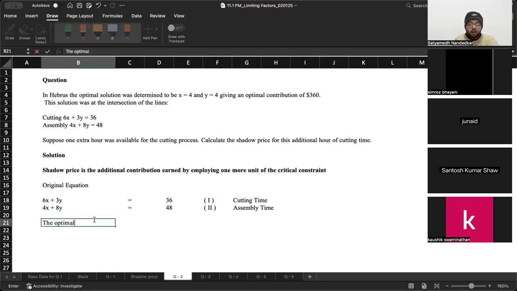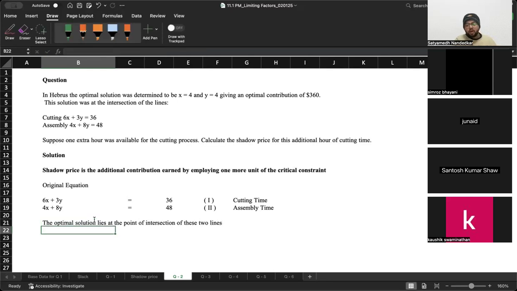The optimal solution lies at the point of intersection of these two lines, which means